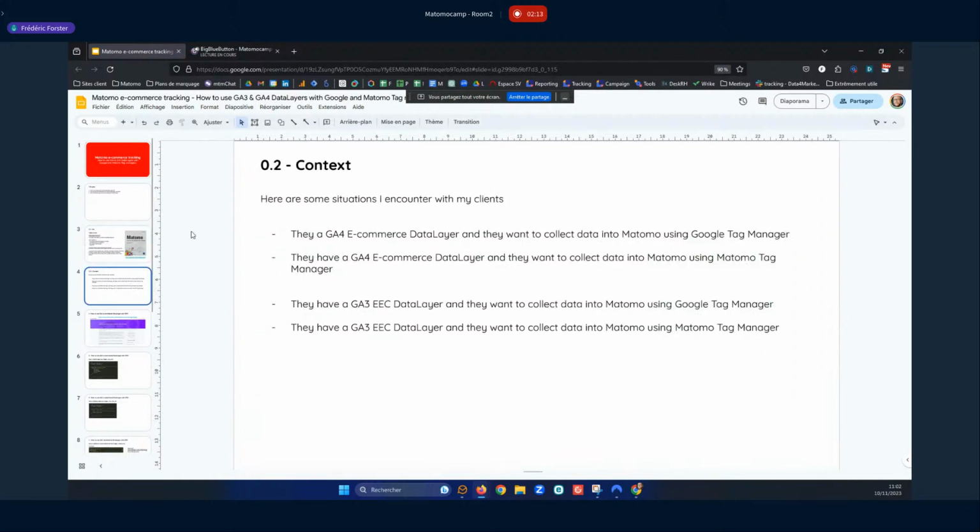So what are the situations that I encounter with my clients most of the time? Either they moved to GA4 and they implemented the e-commerce tracking thanks to a GA4 data layer, and they want to stop using GA4, or they want to have the data as well in Matomo using GTM, or the same situation but want to use Matomo Tag Manager.